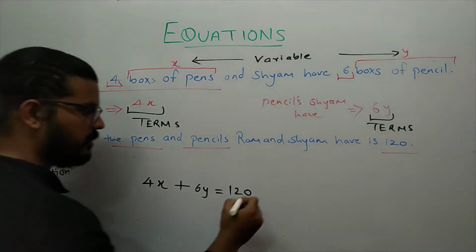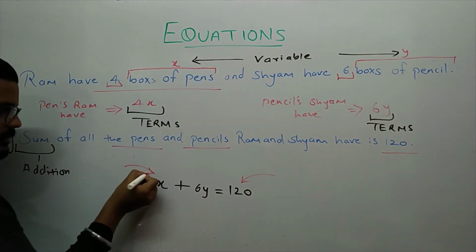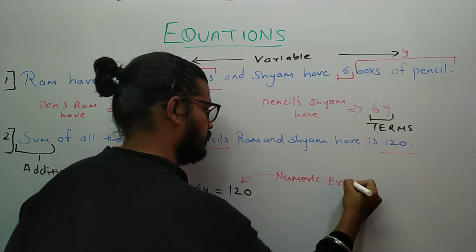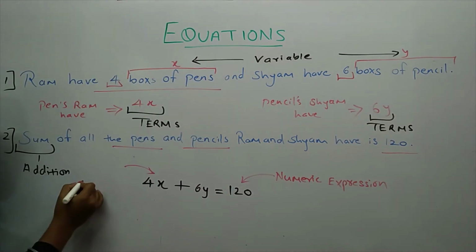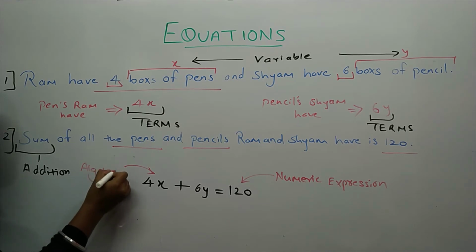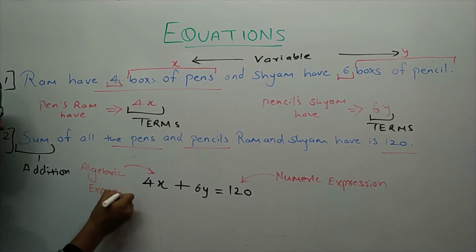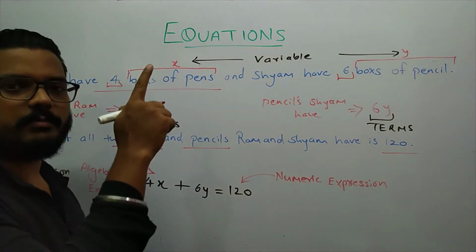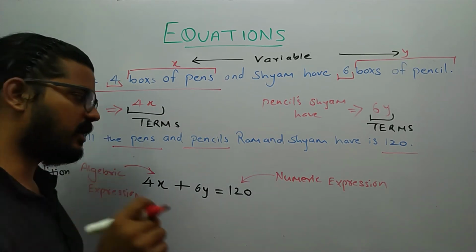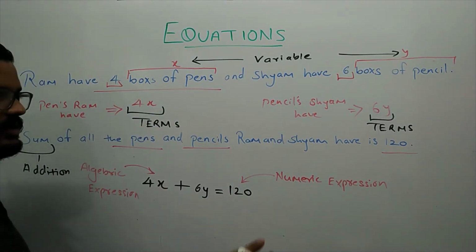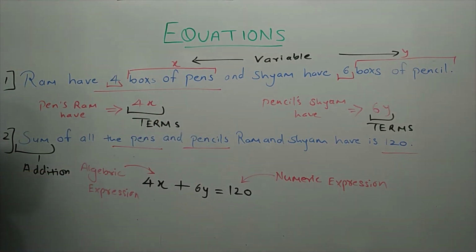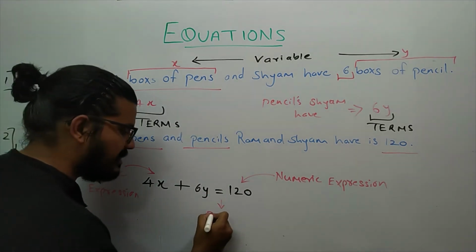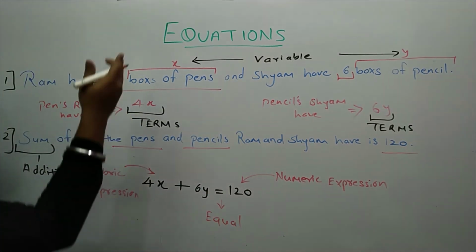So please students, do remember, if you have two expressions like this, a numeric expression and an algebraic expression. If you don't know what a numeric expression and an algebraic expression are, please go to the link up there. There is another video which I have done only on explaining what an expression is, what the types of expression are, what a numeric expression is, what an algebraic expression is. So whenever two expressions are equated with the equal sign, it is called an equation.